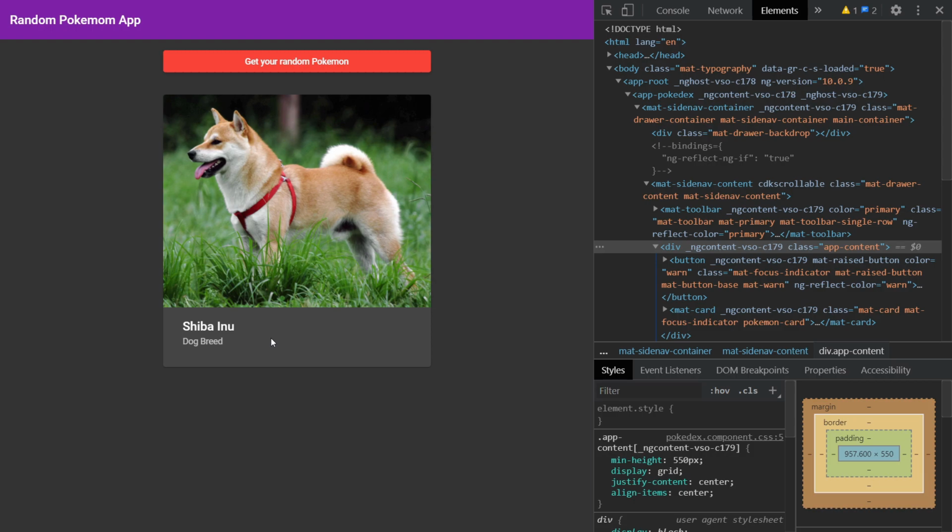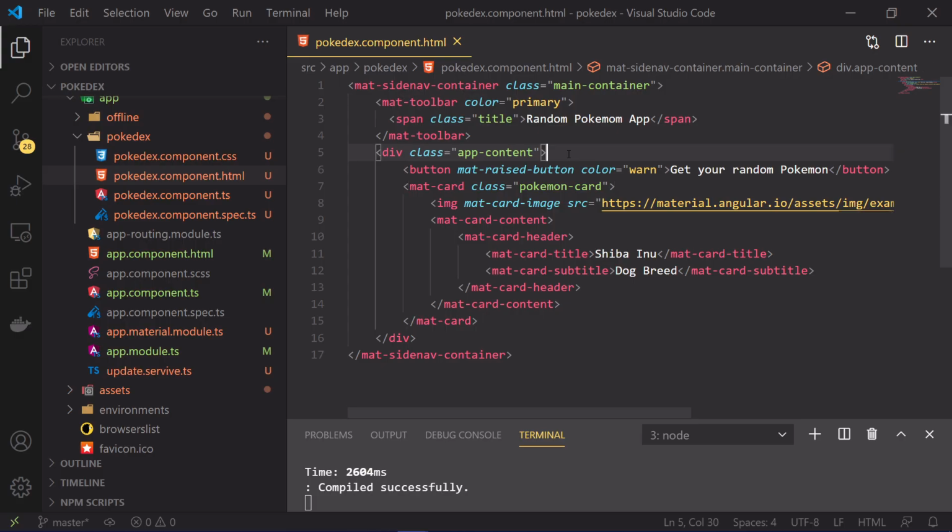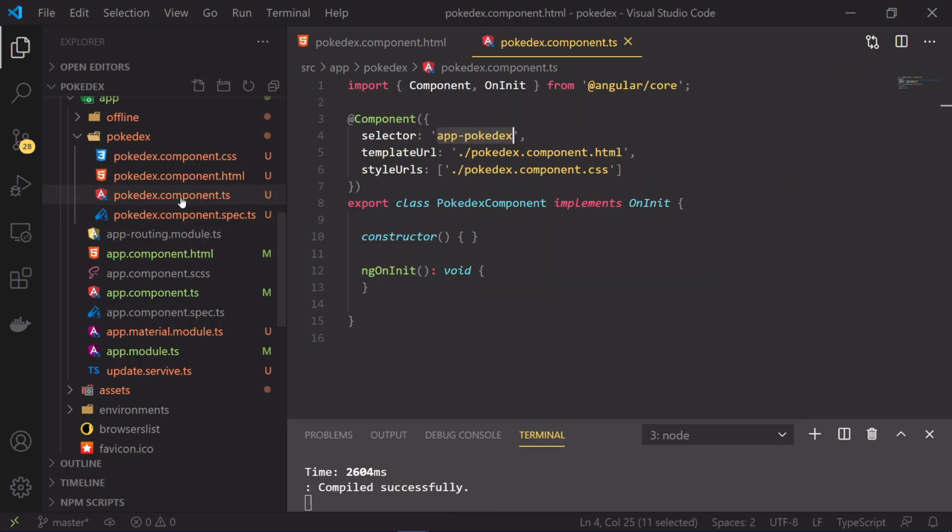Okay, so let's start with the integration of the API from the data source. The first thing we need to do is call the API to get all the raw data about the Pokemons. So I'll just add that API call here.